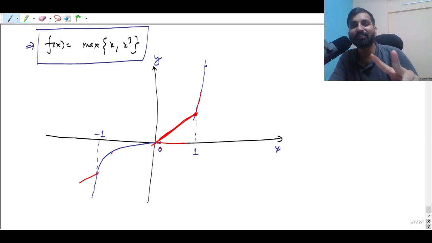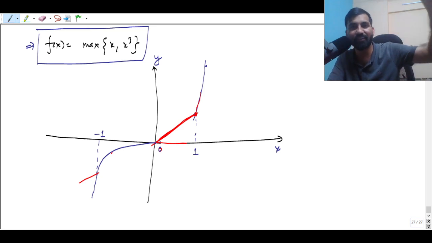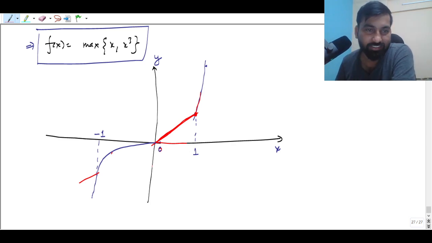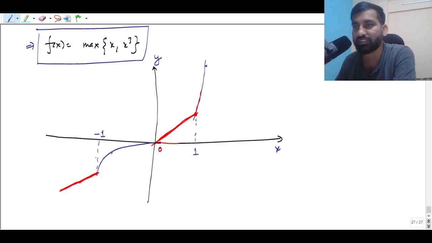So how do we compare two functions? If one function has more height, okay, compared to the other, meaning the upper function is going to be greater, okay, and the function below it is going to be lesser compared to that function, right? So in this case you see this function, y equal to x cube, okay, is lesser, so you can remove this part also. So you might ask what this part will be, this is a graph basically,